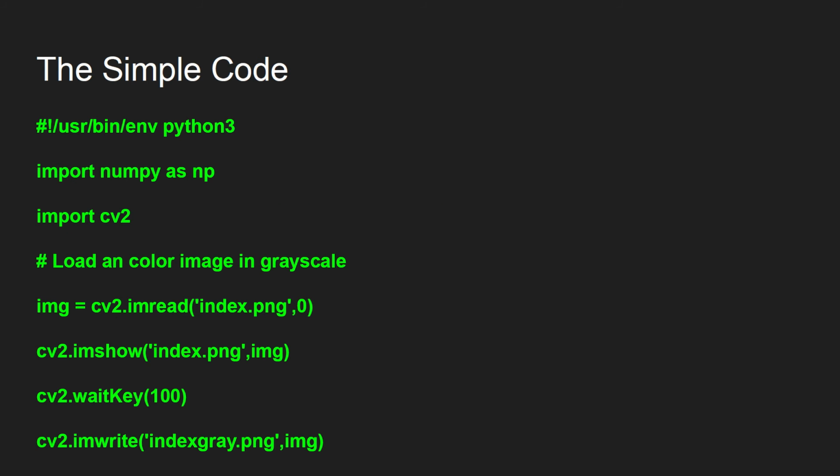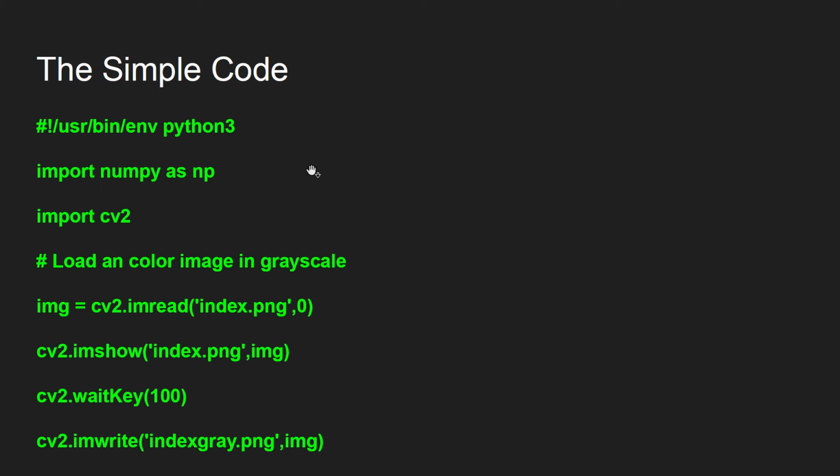Let's go into the code right away. I'm going to write a very simple code here, and this code will be explained step by step also, and I'll also show you how this works when I run it. Now the first line of the code is very important: #!/usr/bin/env python3. This is very much important for you to run it, otherwise you may get an error saying that import not working fine or some related error will come. So to avoid that, we need to use this as the first line and it is mandatory. Now the second and the third lines are import numpy as np, import cv2, which is nothing but the OpenCV. This might not be required as of now, but it will be needed in the near future.